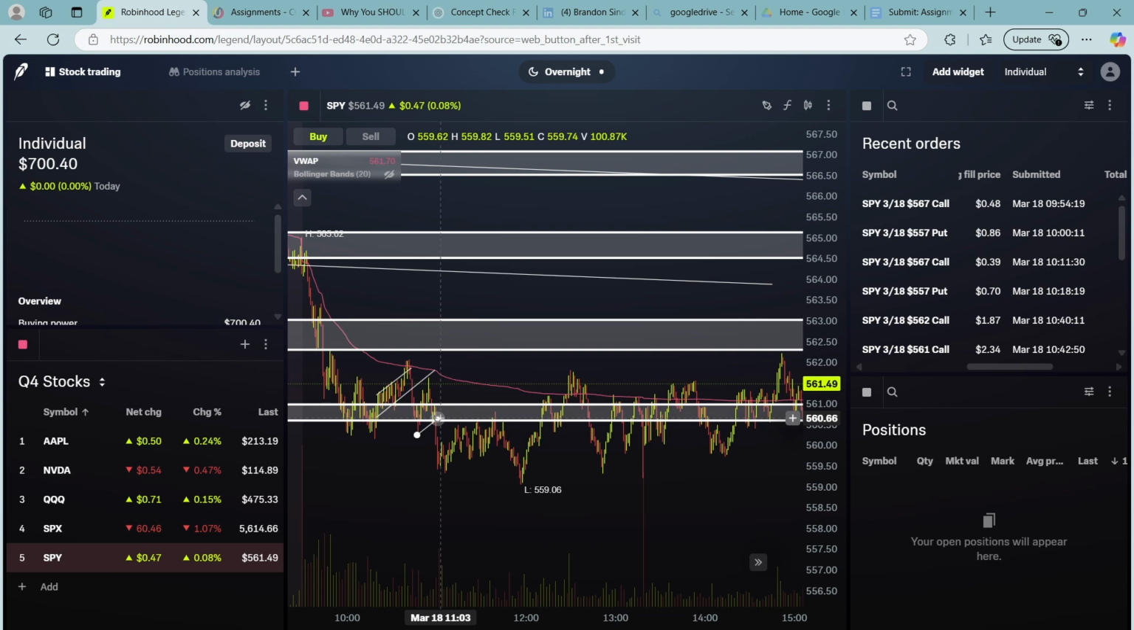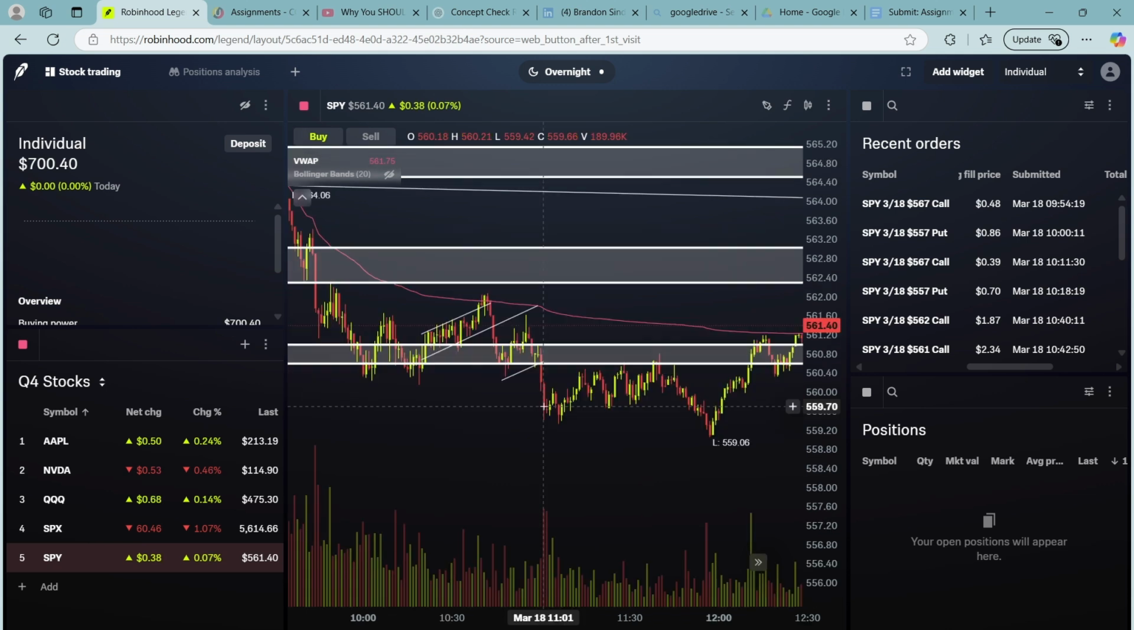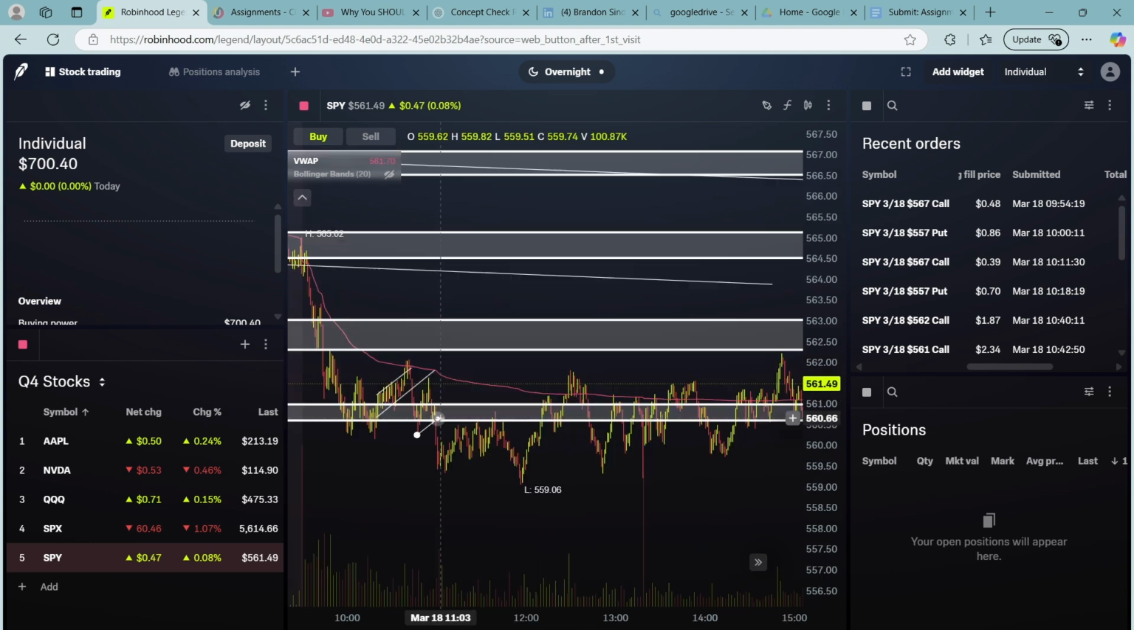yeah, I think I pulled way too late. Especially my bigger contract, I pulled too late. Also, I guess I entered too early. I need to make sure I have better confirmation. Confirmation here would have been